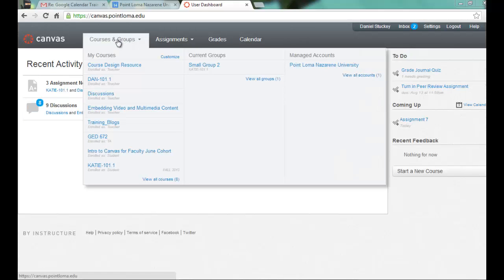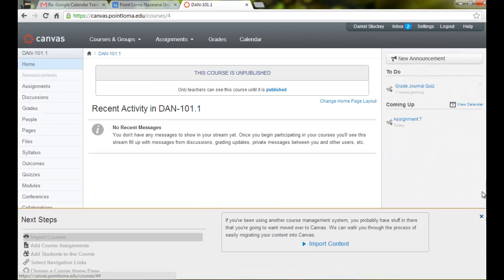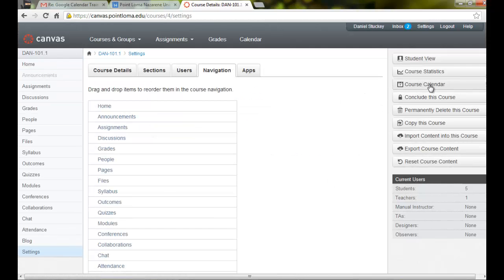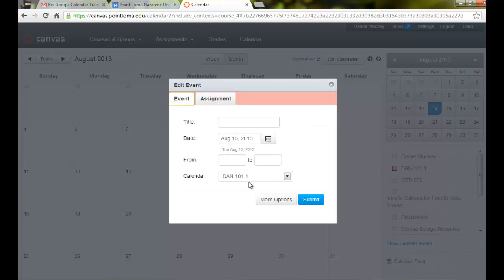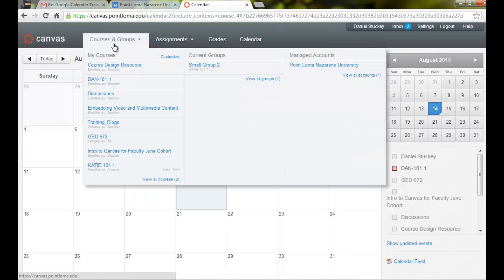So if I were to go into this course, I can go to settings and then go to course calendar, and I can have a calendar for this course. But let's say you had two sections. So if I were to add anything to this calendar, let me add something here, I'll just put in a test assignment or a test event, click on test, and then I have another course, so I'll go to